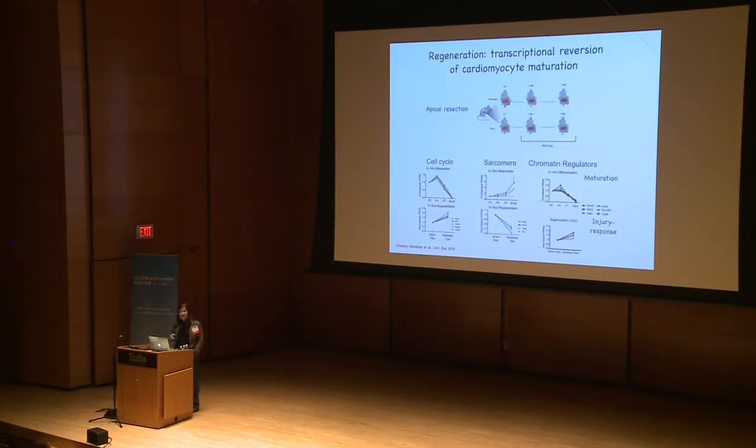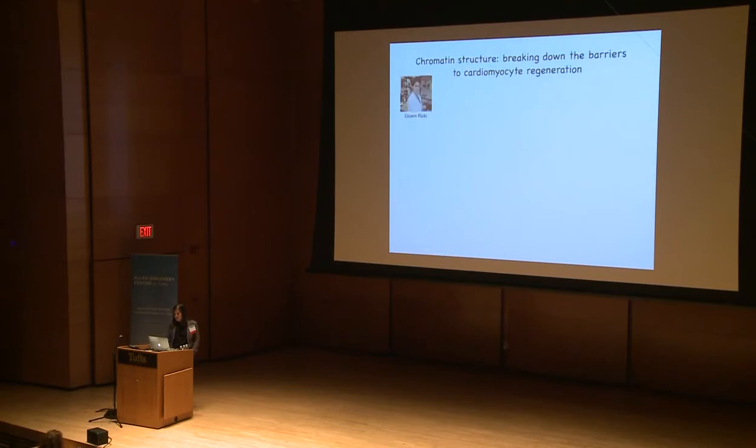So one of the things that we showed a couple of years ago is that this idea of de-differentiation is actually observed at the transcriptional level. Genes that go up or down during maturation actually go the opposite way in response to injury. So this was a really good point for us to try to understand some of the factors that were controlling